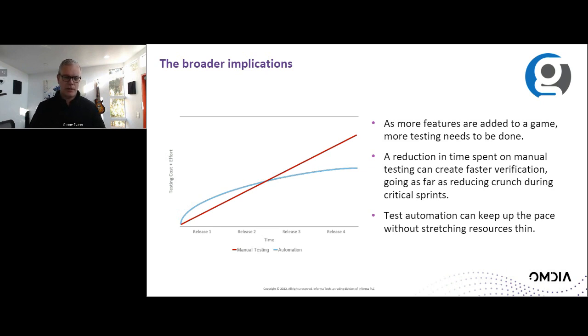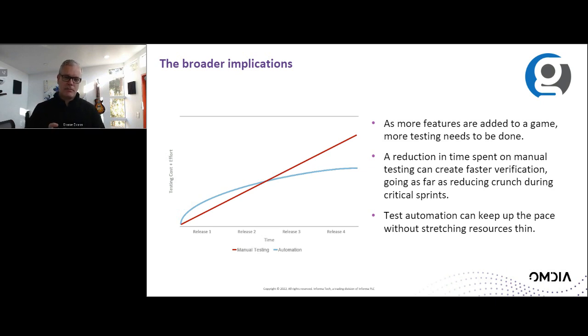you need to make sure that things keep working. And if you're doing something like live ops, where you're adding new features on a regular cadence, weekly or monthly, you want to make sure that the new content you're adding is not impacting previous developments. So that early investment in automation can help to avoid some of those issues further down the line.